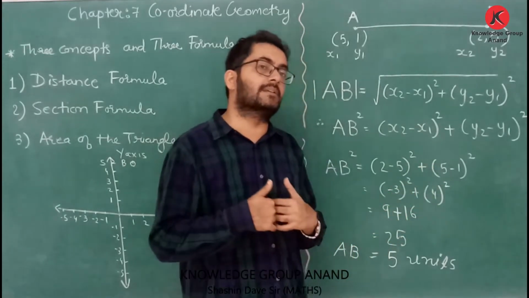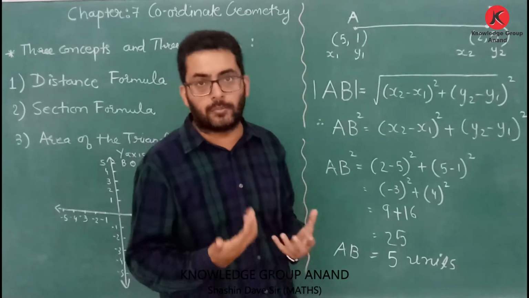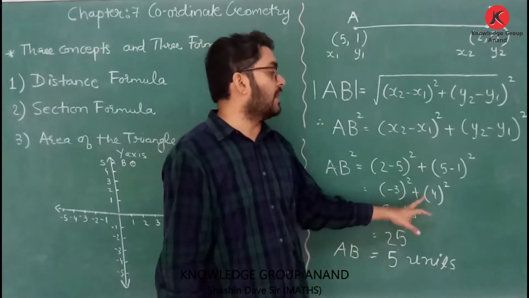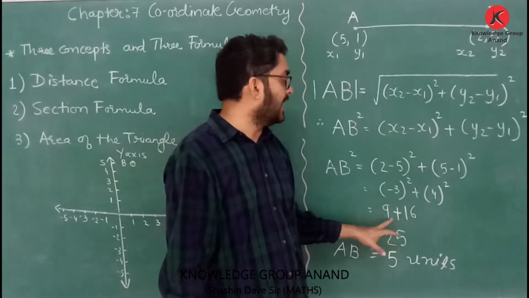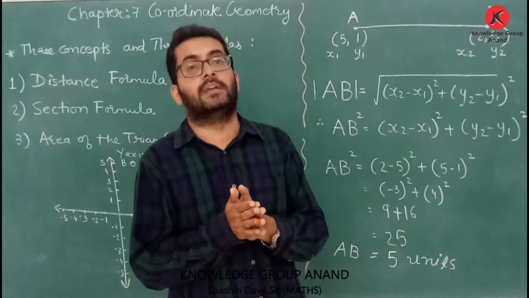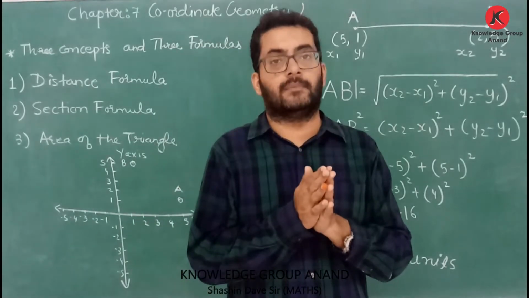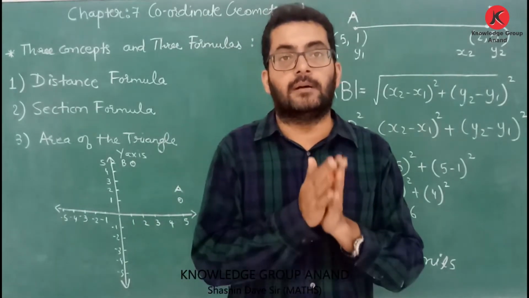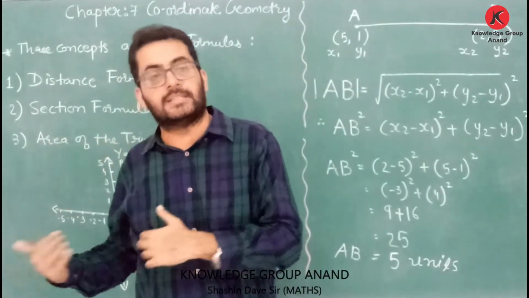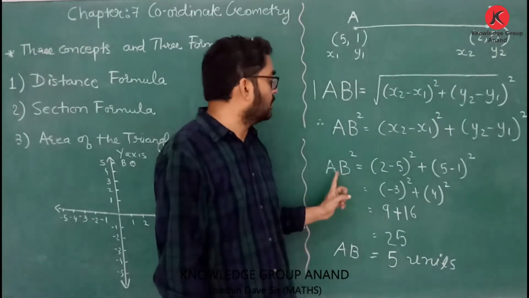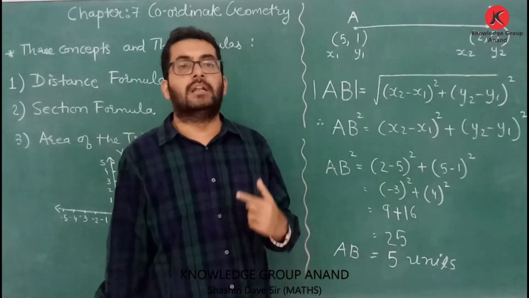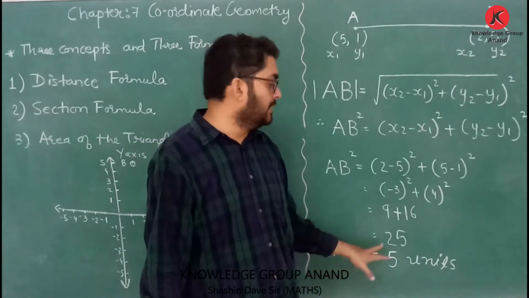Now minus 3 का जब स्क्वायर करेंगे नेगेटिव टर्म है उसका भी स्क्वायर तो पॉजिटिव ही हो जाएगा. So square of minus 3 is 9, square of 4 is 16. 9 plus 16 is 25. तो ये वैल्यू हमारी हुई of AB square, लेकिन हमको तो distance AB find करना है. तो जो हमको distance AB find करना है इसके लिए हम इसका स्क्वायर रूट ले लेंगे. तो if value of AB square is 25, that means the value of distance AB will be root of 25,